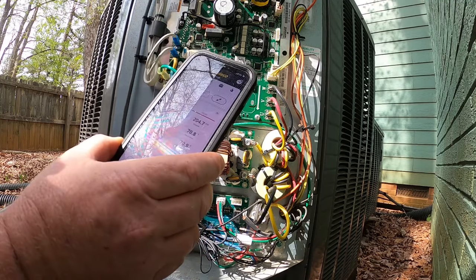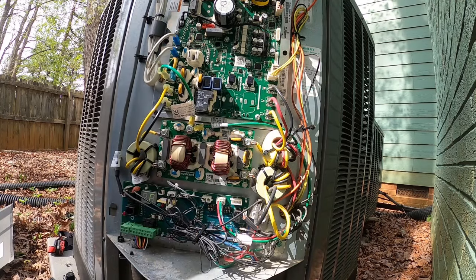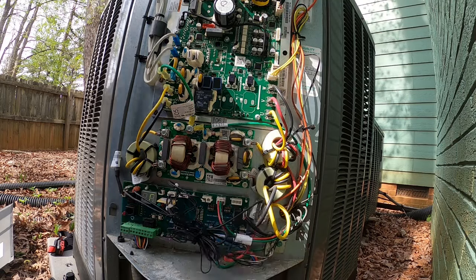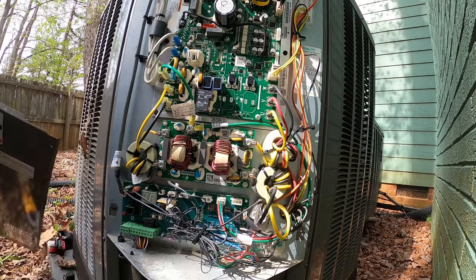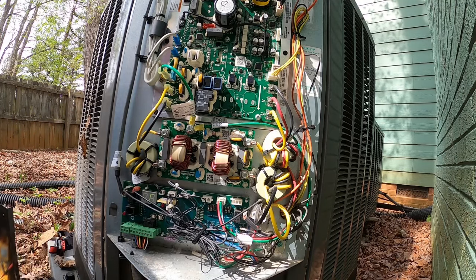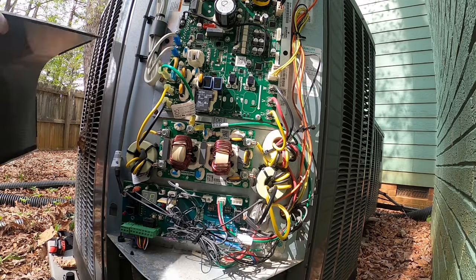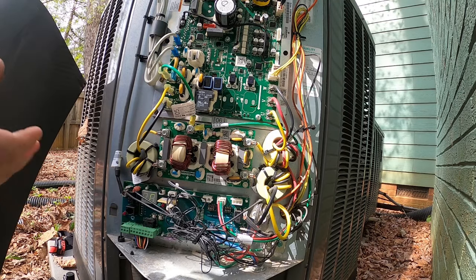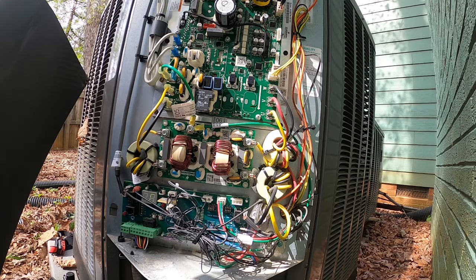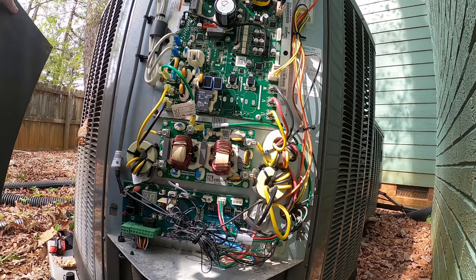So those pressures are looking a little low. Got a 26 degree superheat and a 0 subcool. I don't know if the sticker on this unit gives you a design subcooling on it or not. Let me check that real quick. But regardless, 8.9 subcooling is low. So maybe there's something in the paperwork that tells you, but it's not here, so you got to go through that book. I don't see anything on the sticker. I might be missing it. The print is really small, but nonetheless,